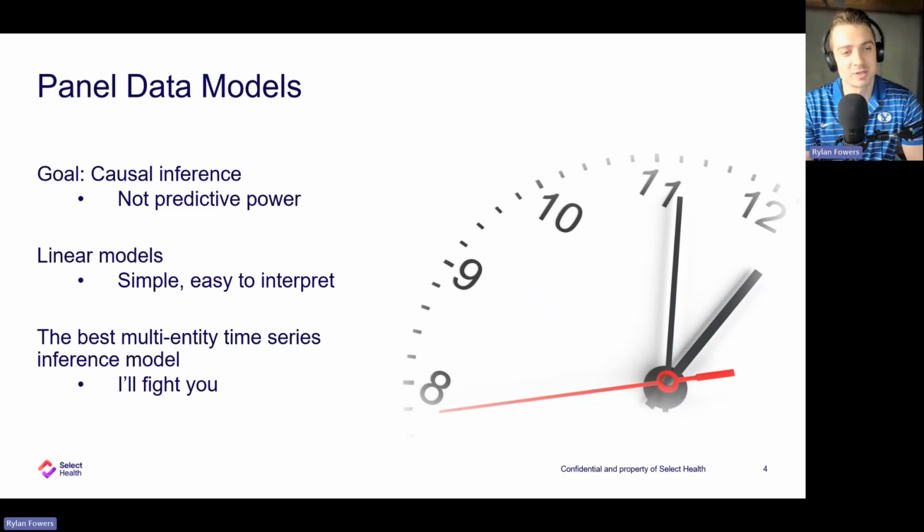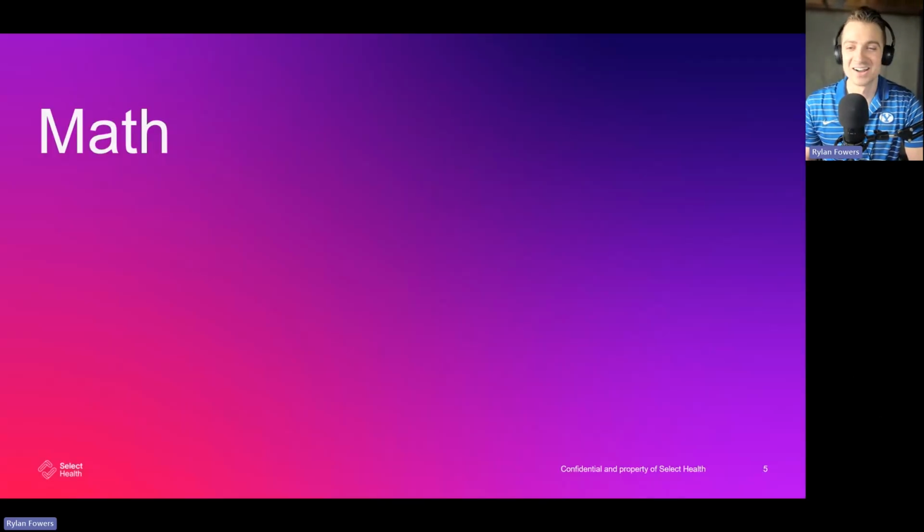Not really used for predictive power, but for prediction, it could be, right? They're linear models, so they're simple and easy to understand, very interpretable. And I argue they are the best multi-entity time series inference models. And if you disagree, we can fight. No. All right, so let's walk through some of the math to demonstrate not only the simplicity, but the power